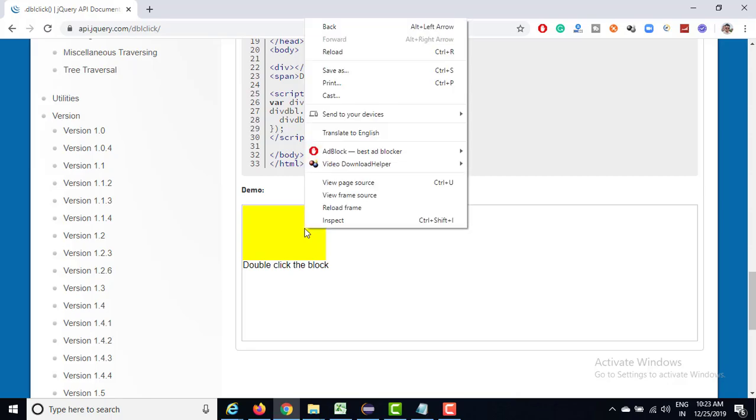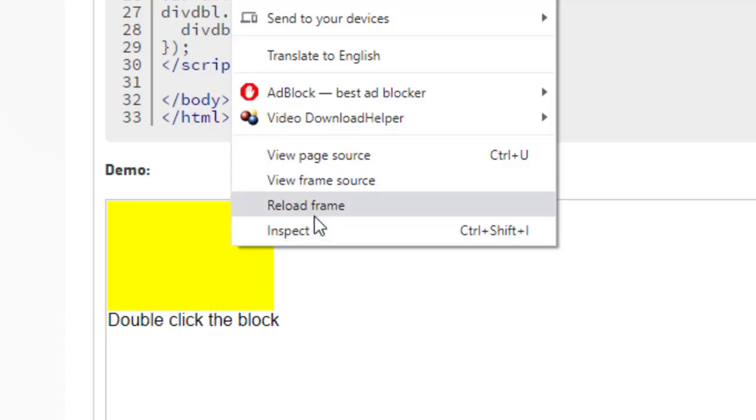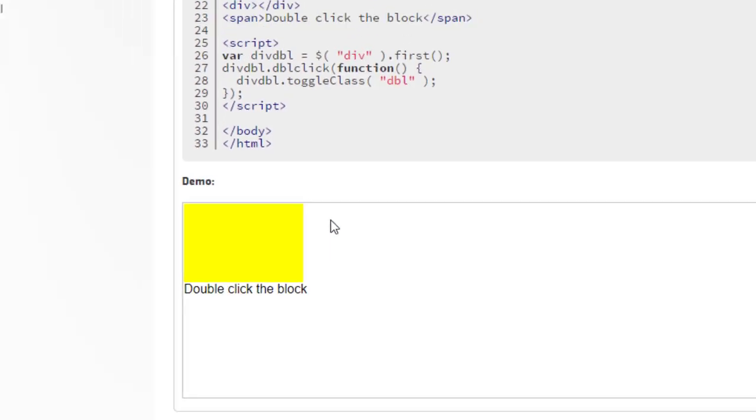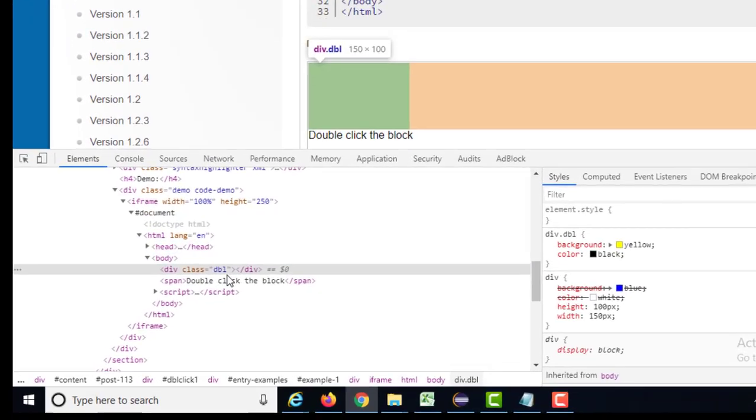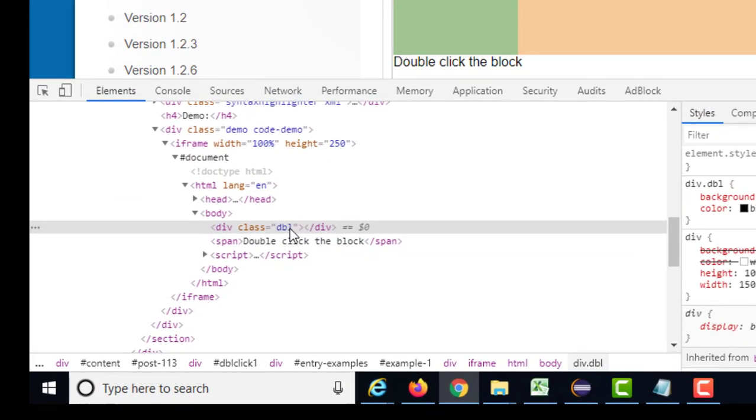Before we do double click, you need to also notice one thing, that it is coming within a frame. So first of all we need to switch to this frame, and only then can we do all these operations, which is nothing but a double click. If you come back here and see the inspect, this is nothing but a box that we need to double click.